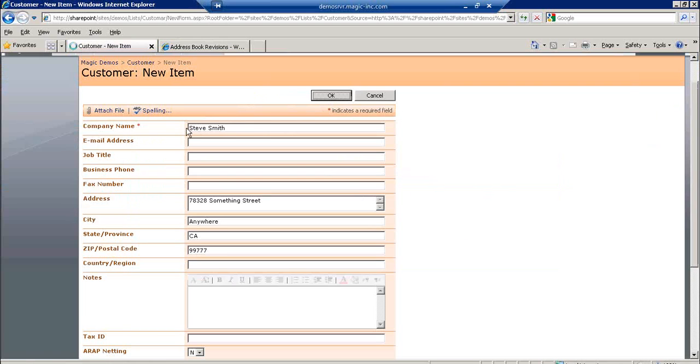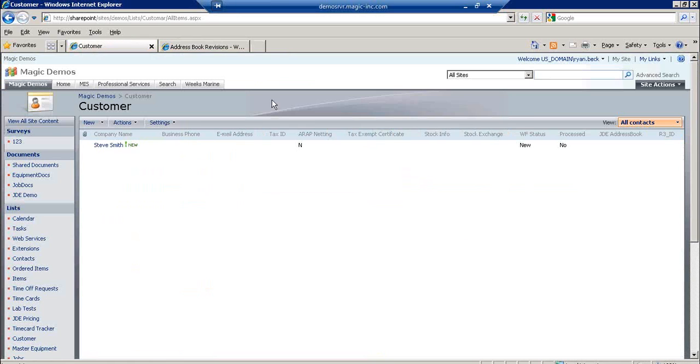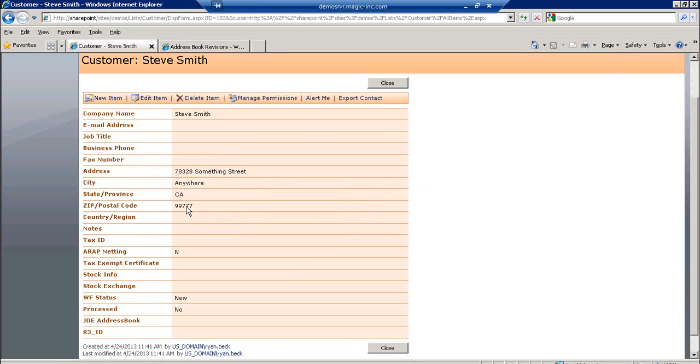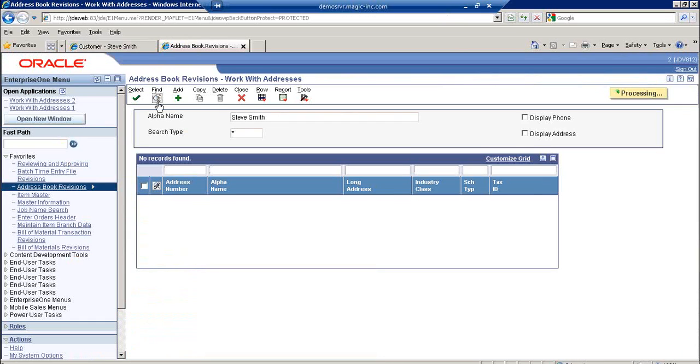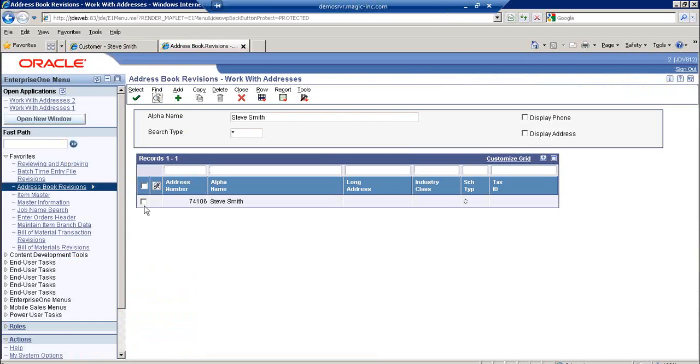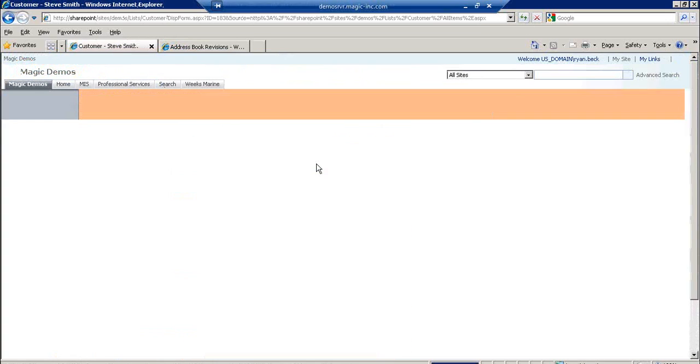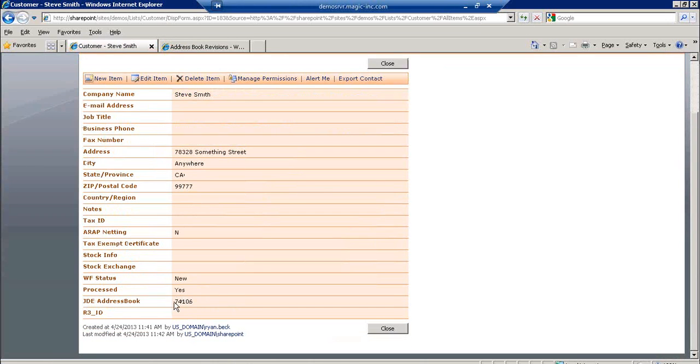But if I go ahead and save this, what will happen is after a couple seconds, Magic XPI will pick up this record, take it with it to the JD business function and call it. So as I refresh this side, after a couple seconds, you will see it pop in. Also, if I refresh this record here on this side, we'll see this number magically popped in here,